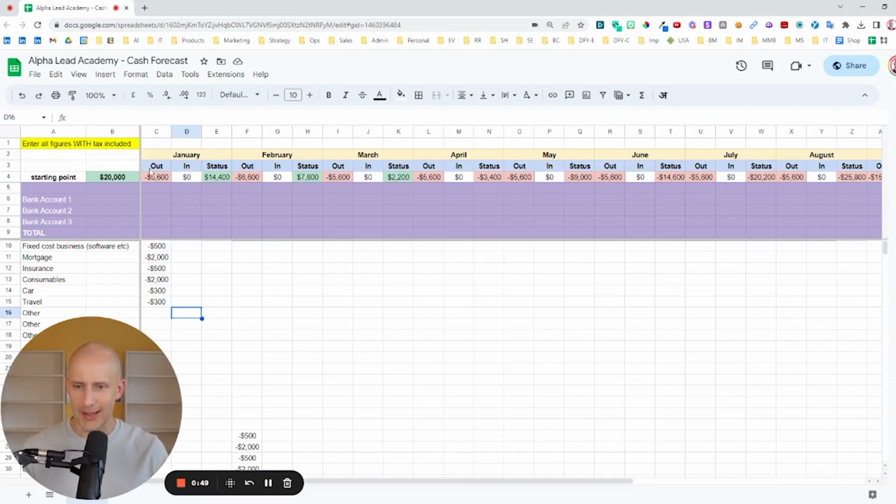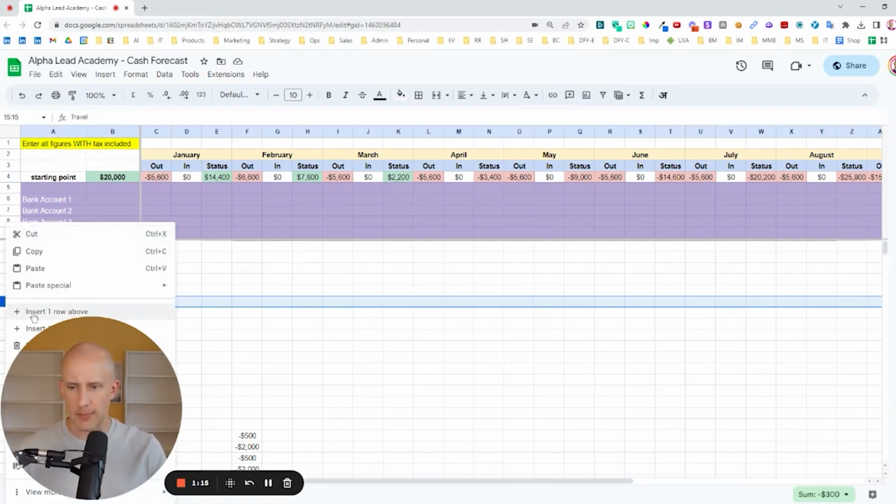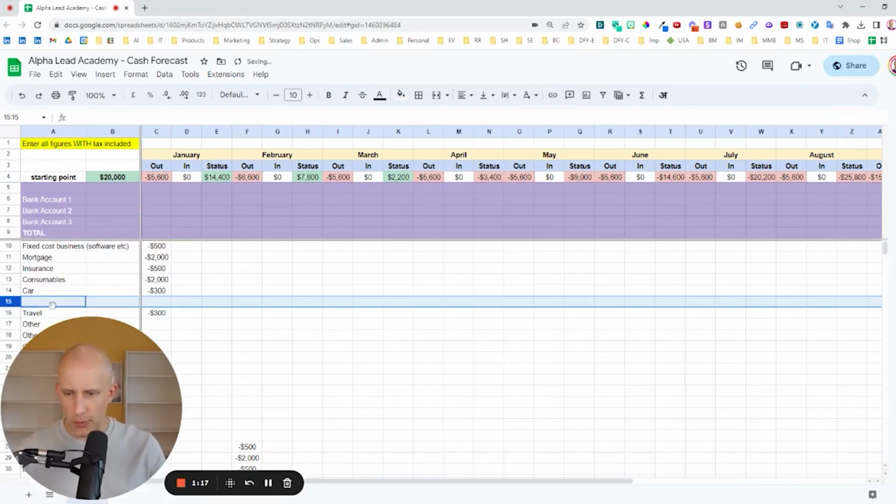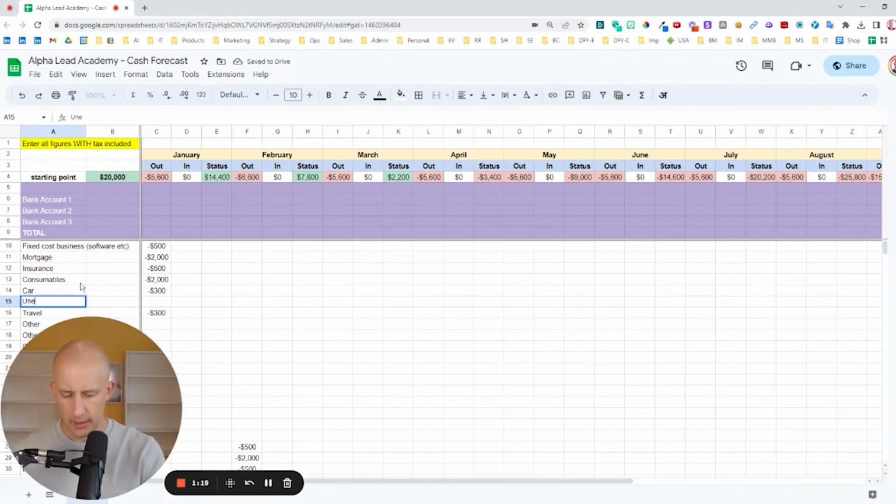Shouldn't be too difficult. All right, so here in this column, you see this cell here. This simply sums up everything that starts at row 10, right? So here you can see sum C10 to C1000. This also means that you can very easily just add something to it. Let's say some unexpected expenditure, you just put it in here and you say, unexpected or whatever, car repair.